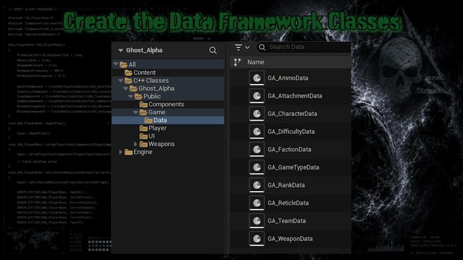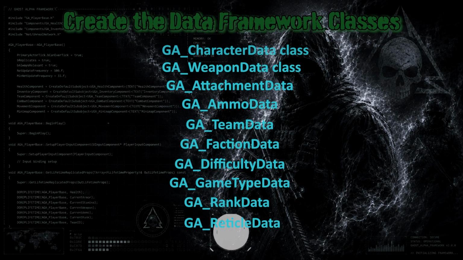This is how your Unreal Editor C++ should now look. If you need a little more time, feel free to click pause now. These allow gameplay balancing without hard coding gameplay values directly into the classes.